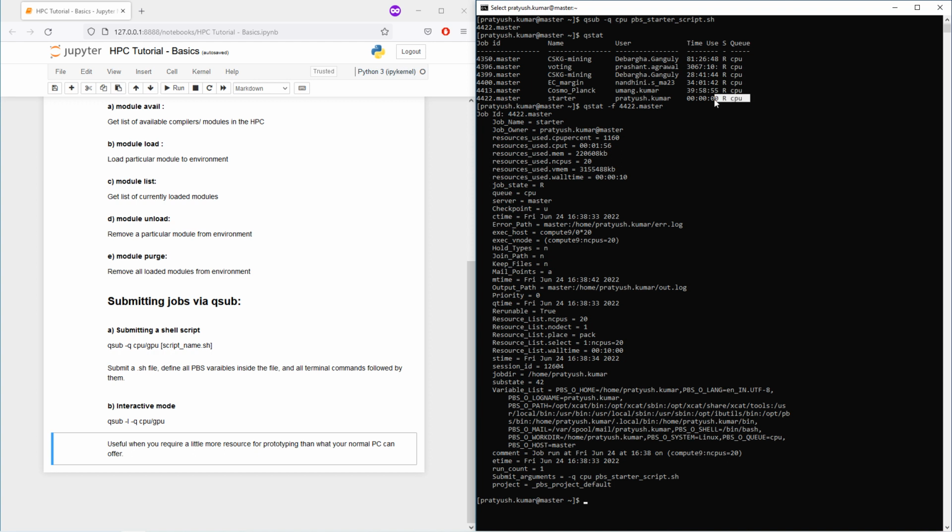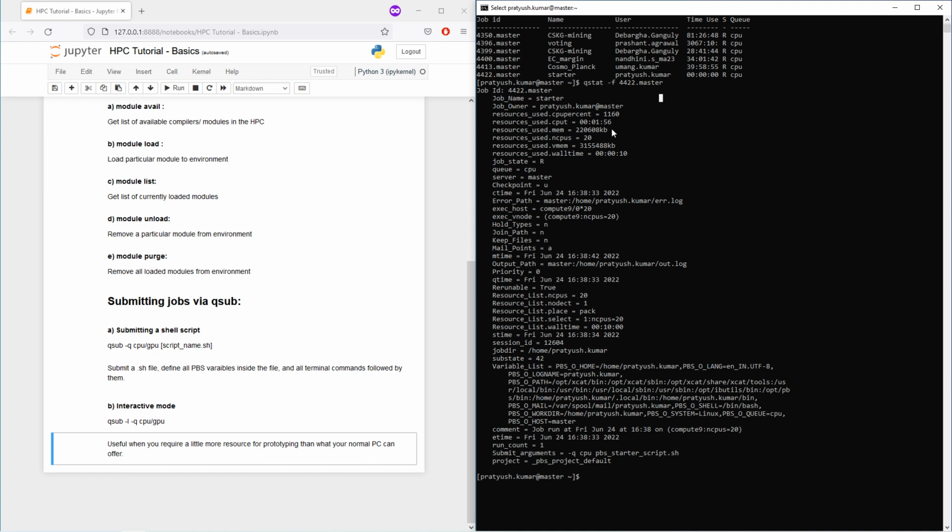Here we can see that our job is also running with other jobs. A more definitive command to look at the details of our job is qstat -f followed by the job ID returned by the qsub command. So here you can see the amount of memory being used by the job,